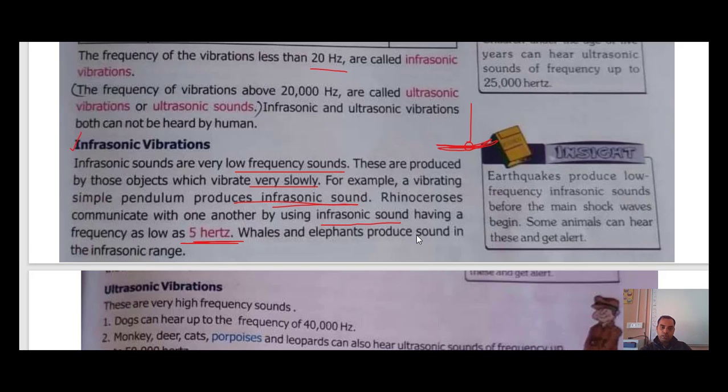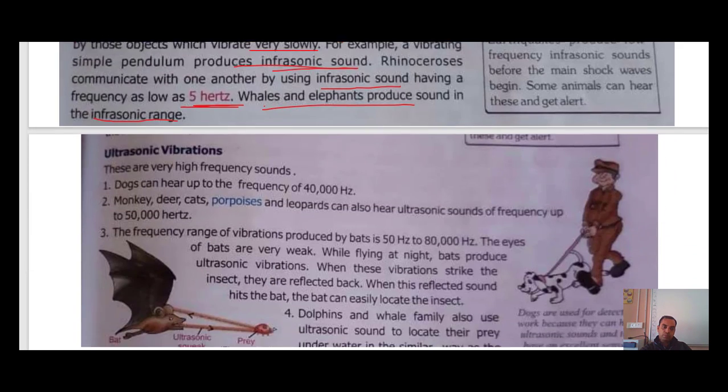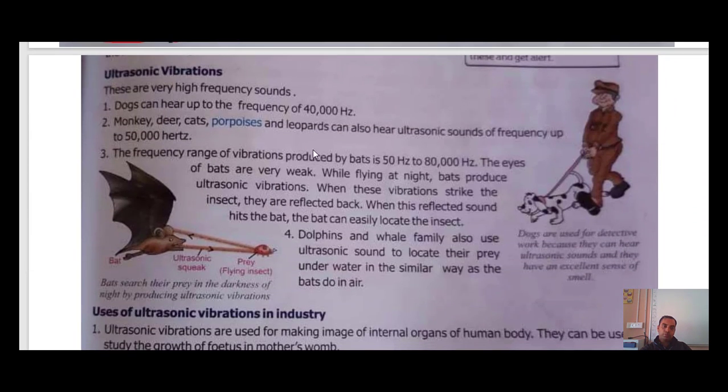While an elephant produces sound in the infrasonic range. So as I told you, there are certain animals that can produce infrasonic sound, but we cannot hear it. Next part is ultrasonic vibration. These are the high frequency vibrations. Dogs can hear up to 40,000 hertz. We cannot hear that. Monkey, deer, cat,